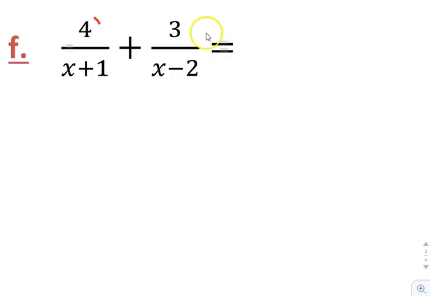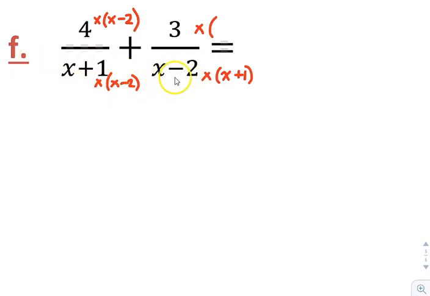Example F. We've now got our denominators being our expressions, so x plus 1 and x minus 2. In order to get the lowest common multiple of these two, we actually just multiply them by each other. So if we multiply x plus 1 by x minus 2, then we've got to do that to the top as well. So top and bottom multiplied by x minus 2. And on this side, if we multiply by x plus 1, i.e. this denominator multiplied here, and we do the top as well,